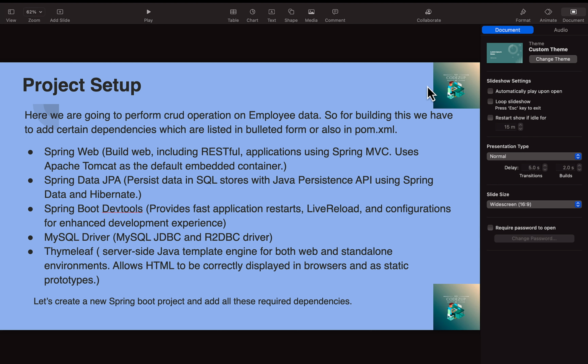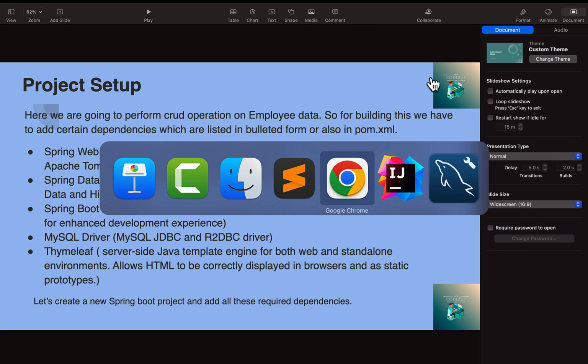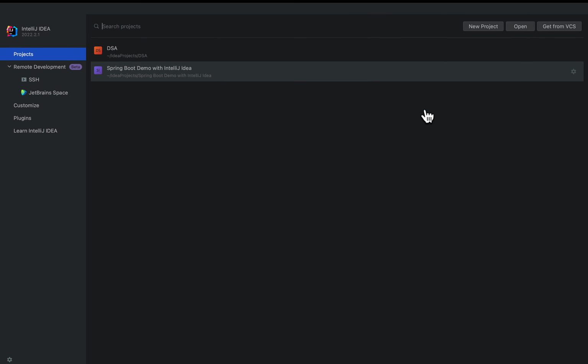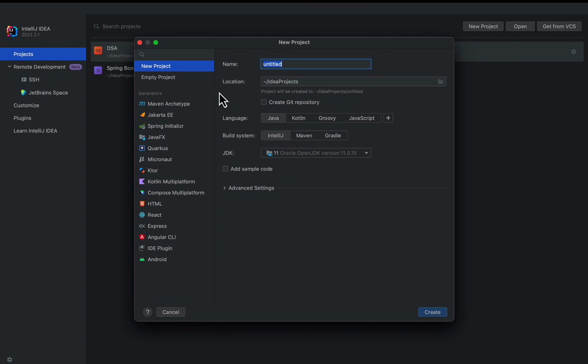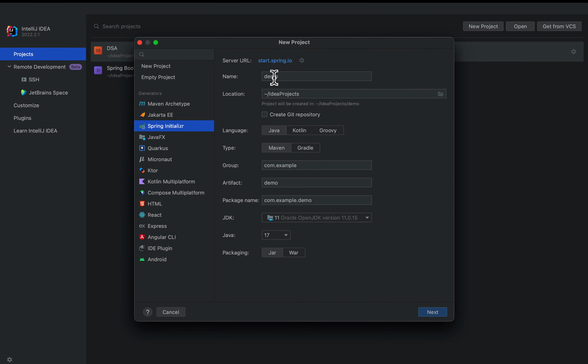So basically, to understand how Thymeleaf works with the Spring framework or with Spring Boot, let's set up a project first. So go to your IDE. I am using IntelliJ IDEA here, but you can use Eclipse as well. So yeah, click here on new project and then Spring Initializr, and then give it a name